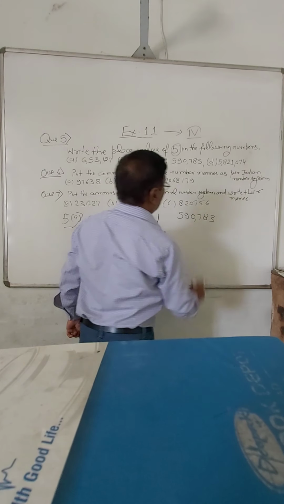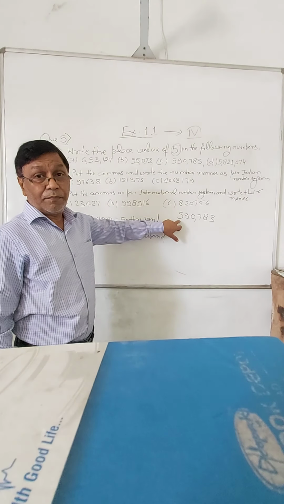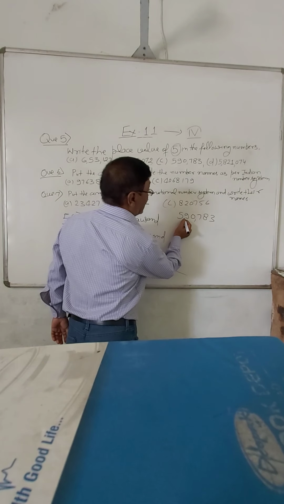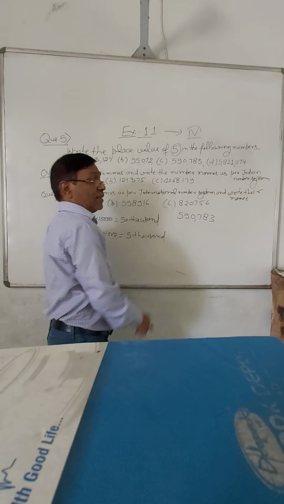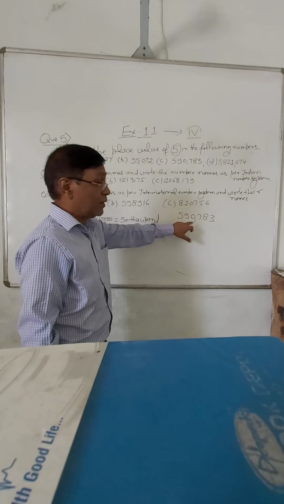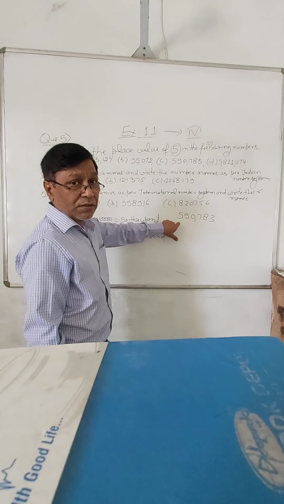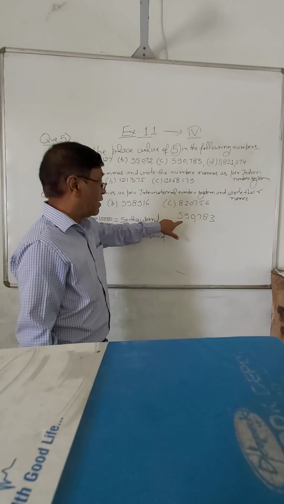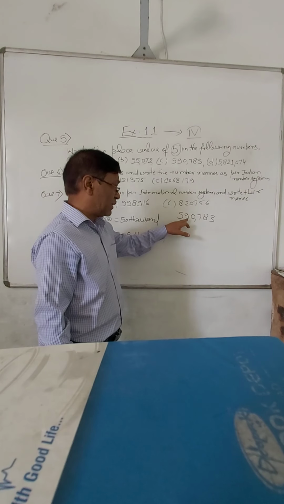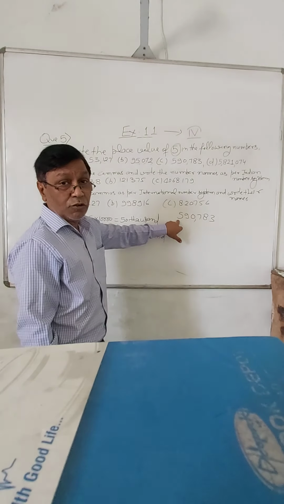590,783. इसमें 5 के प्लेस पे what is the place value of 5? Since there is no comma written after two digits, if one comma was put here, then that means it is written in Indian system. अगर दो डिजिट के बाद कॉमा नहीं रखा गया, इसका मतलब ये इंटरनेशनल सिस्टम में लिखा गया है. और देन व्हाट विल बी द वैल्यू ऑफ दिस? सो अकॉर्डिंग टू द इंटरनेशनल सिस्टम, फाइंड आउट व्हाट इज द प्लेस वैल्यू ऑफ दिस वन. सो वंस, टेंस, 100, 1000, 10,000 and this is the 100,000. So 5 is coming on which place?